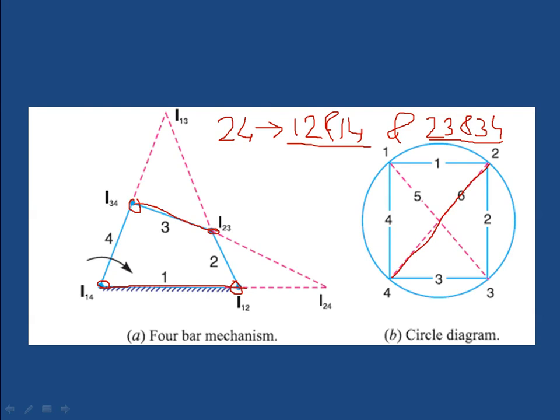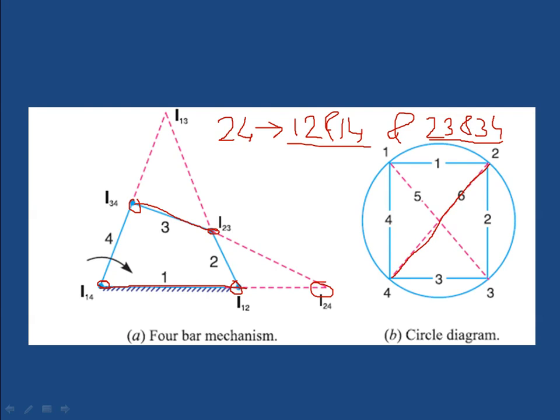So what I am getting, this is horizontal, automatically the same horizontal I extend here, and on this one I have extended 2 3 and 3 4 here. So this is going to meet at this intersection point. This will be I24. Okay, so now I got I24. So using this circle diagram, it becomes easy to find this. Just by practice, automatically, directly without drawing the circle diagram also, you will come to know how to get this.